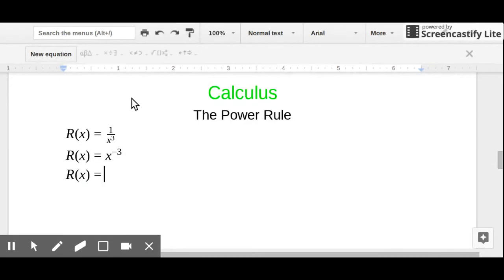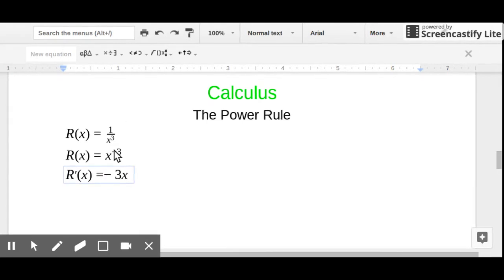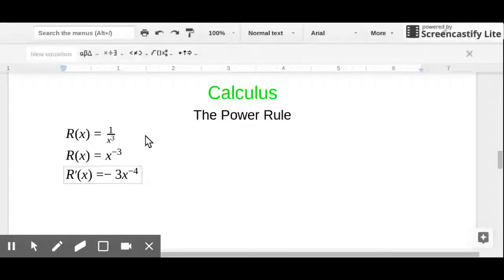And we shall do that. What do we do now? Remember, we take whatever's up here in the exponent, bring it out front, rewrite, and we subtract 1 from the exponent, so that makes that a negative 4. Negative 3 minus 1 gives us negative 4, and most of the time we'll want to write this with positive exponents.